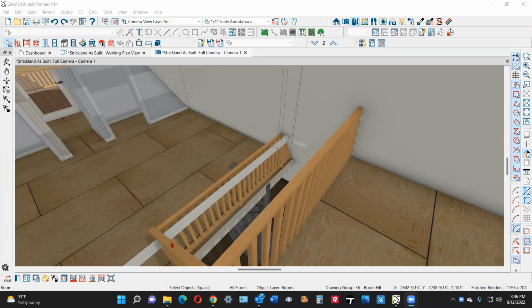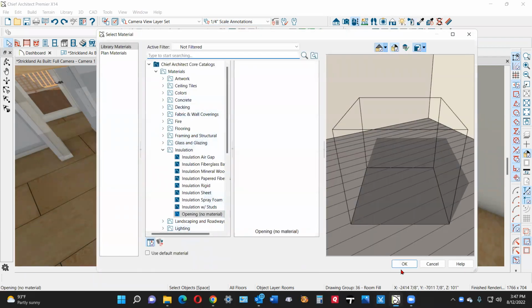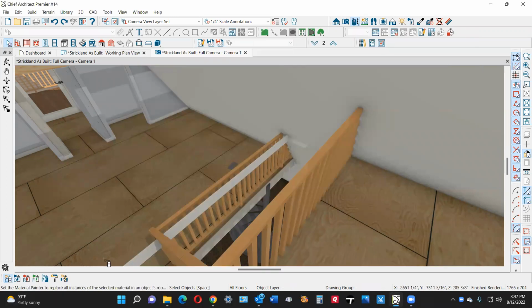I got to open an X14 here. And this artifact here is pretty simple to do. You just go over here and get opening no material in component mode, and then click on that unwanted artifact and it goes away. That's pretty simple. Now this over here,